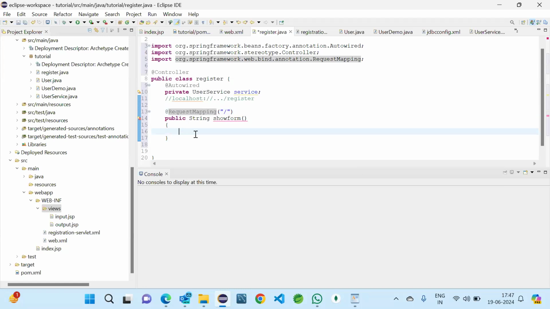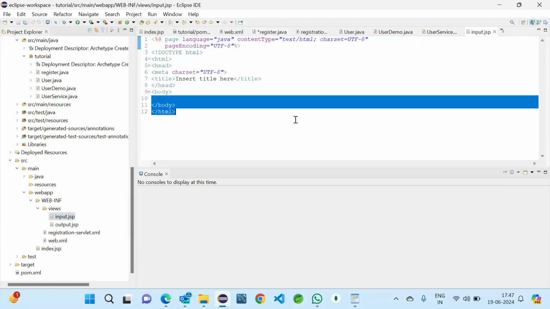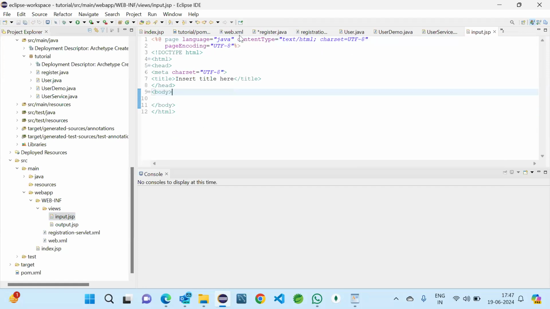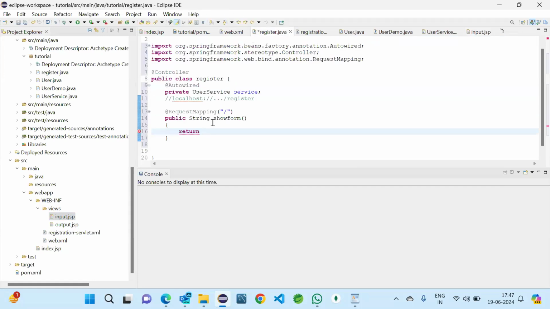So here we should return one thing. That thing is our input JSP. Here we are going to write our registration form, and this will be written from register. So we are returning the input. That's why we are able to see the form there.